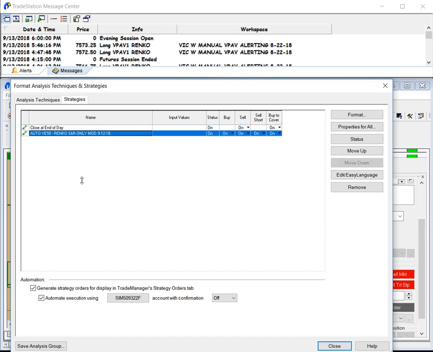And the way you start this is you click this box right here, and then when you do that, it'll give you an I agree or I don't agree. And put this box here, this one and this one. You automate using simulation, but if you're going to go real, it's going to put your real account in here, your futures account. And then you click I agree, and then you click the arrow down on this and click off, you'll get another I agree. Okay. Once you do that,